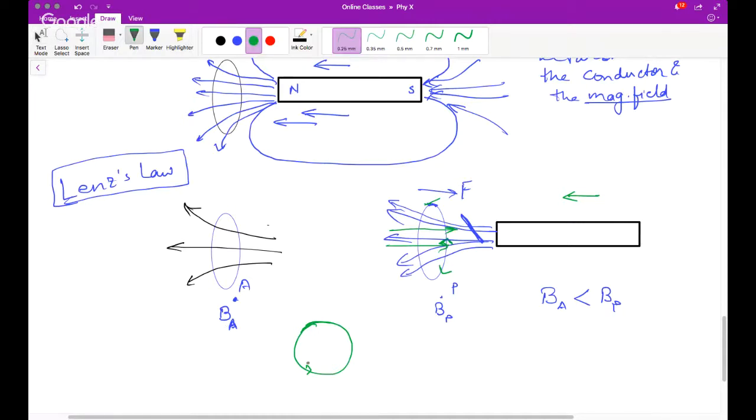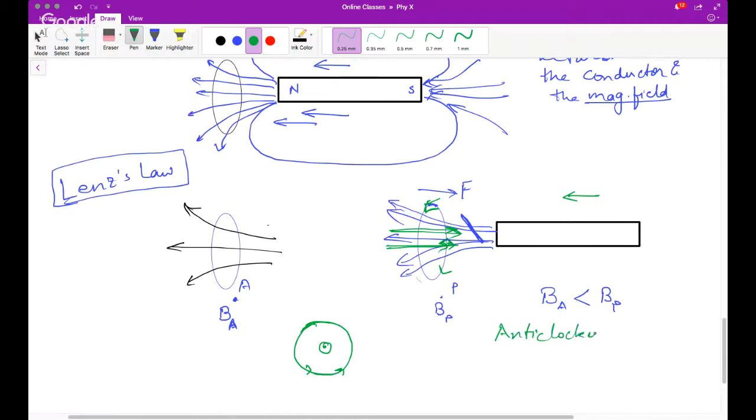You curl your fingers along the direction of the current, and the stretched thumb gives you the direction of the magnetic field produced by the conductor. Here, if you curl your fingers in the anti-clockwise direction, then the magnetic field produced by the conductor will be towards the right, and hence the current induced in this conductor will be